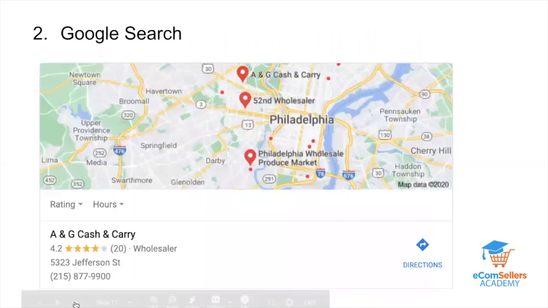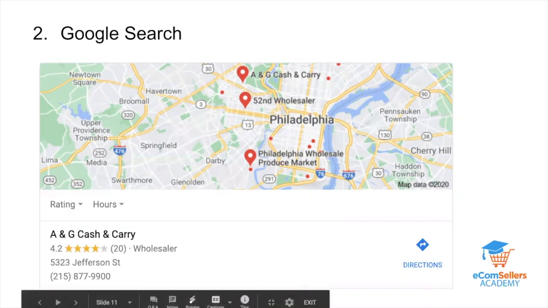So that's one way. A second way is to do a Google search. Now, this Google search is a little bit different. I got this tip from a nice little source where you're looking on Google search, but it's in your local area for wholesalers that are near you. And you'll get a list. This is really short, but they give you a whole list. You know how Google search is. You get a whole list, the location, the phone number, and you can just work that list to get other resources for wholesale. You can also click and look at the websites too.